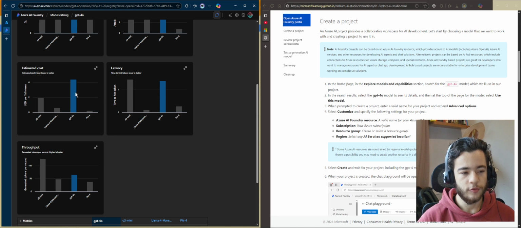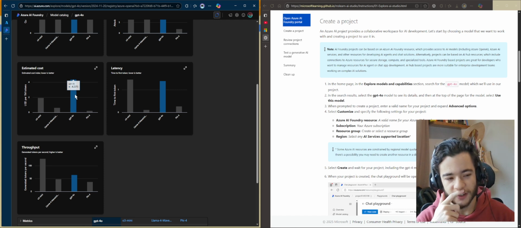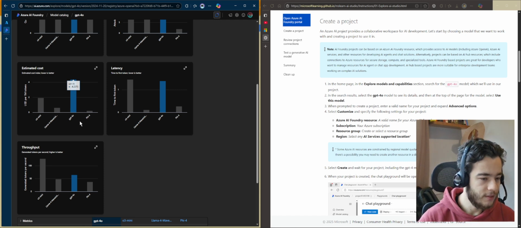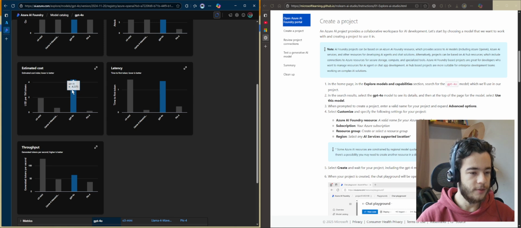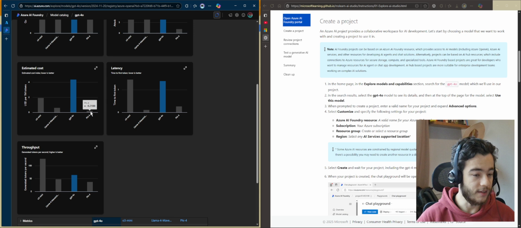So if we make it generate 1 million tokens, and I'll get to what a token is in a second, the cost of this is going to be $4.30, whereas the Phi model, which is specifically a small language model, only costs 20 cents to